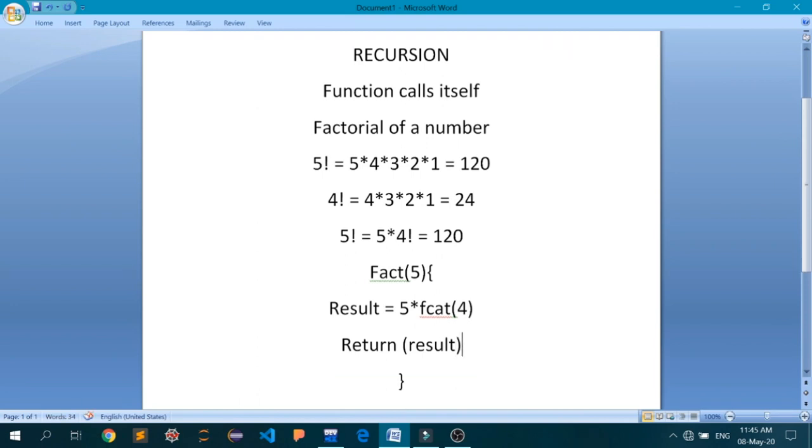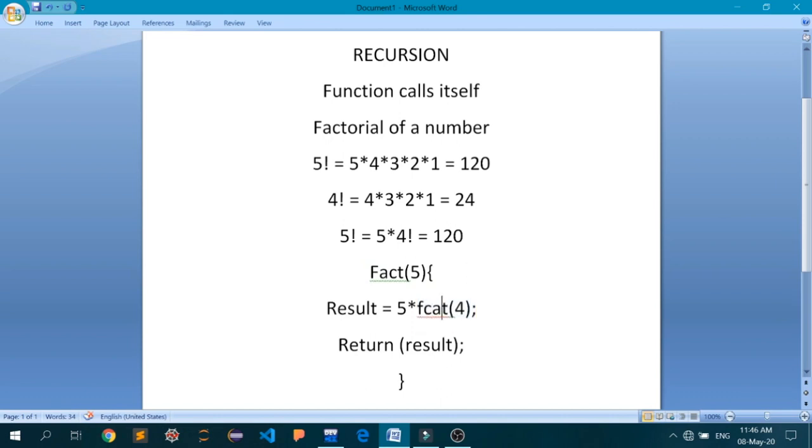Now I think you should understand. This result initially has a value of 1. I'm not showing the exact syntax here of how to implement it using C; we'll see that in a short while inside the IDE. What I'm trying to say is that this particular function fact takes help of itself for doing its own work.